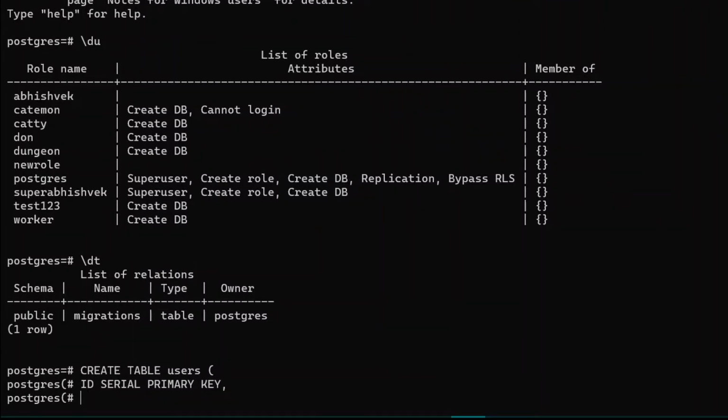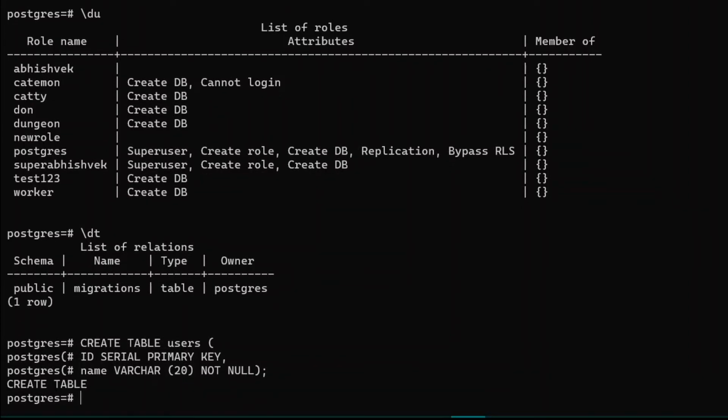So let's add a primary key here, and after this let's have a new column under our table, and for that purpose I will be giving here a name to be the name of the user itself, and the following type of our name should be under a variable character. So let's add varchar. You can also provide the length of name that should be inputted, and by far now we should be having a name of only 20 words, why not. And also you should be having here a new property of not null, that is the name should not be equal to null, and add a semicolon, press enter. Cool, so we have created a new table which is known as users.